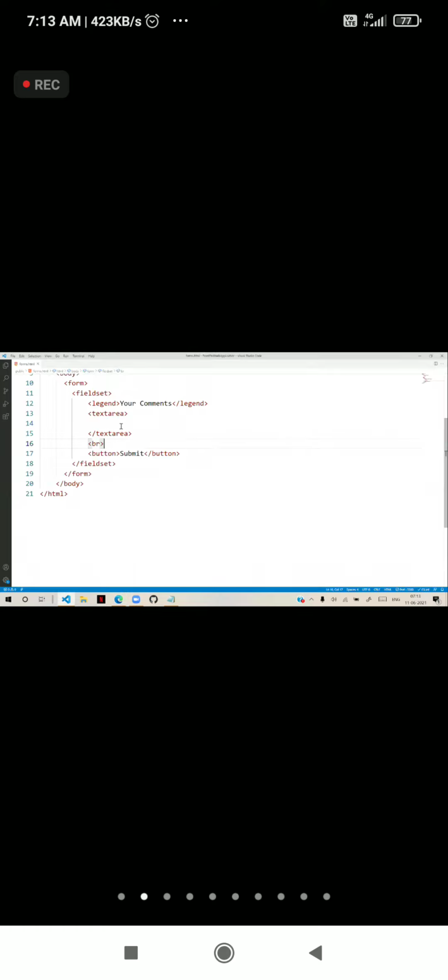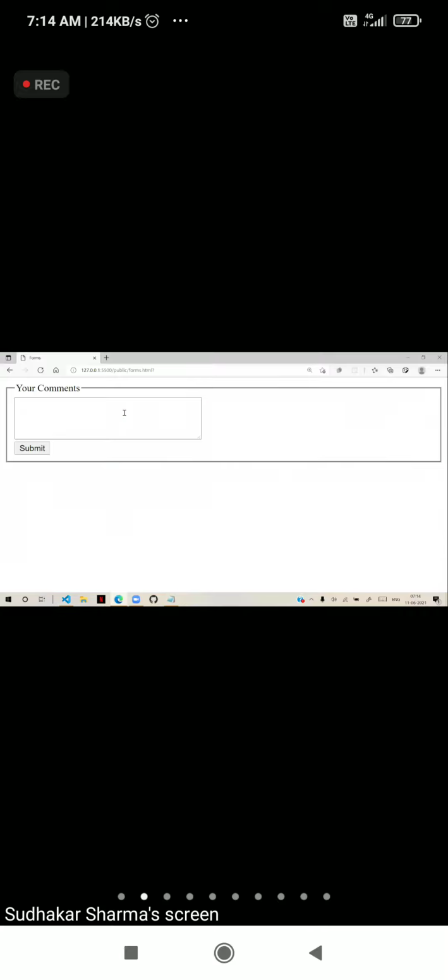That means text area have an option, rows how many, so 4, columns how many, suppose 40, and you can see the width and height will adjust, and you can type the number of rows and columns here. So hello, some comments, how are you, you can type in multiple lines.